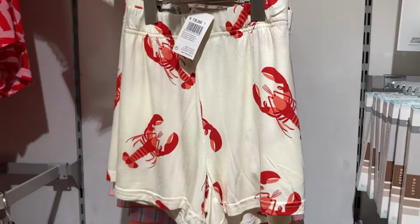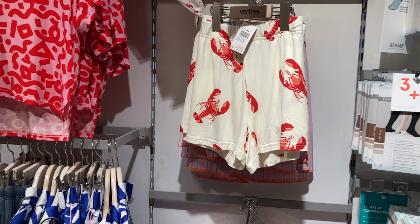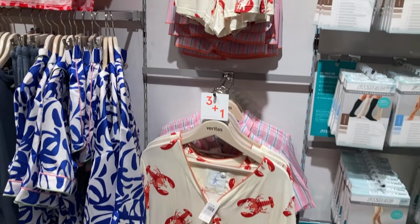I just wanted to show that I saw those super cute pyjama shorts with little lobsters on them. The top that was going along with them, I wasn't such a big fan of, and I was really tempted to get a pair of shorts, but at the same time, I don't really buy ready to wear anymore. Ethically, I'm not a big fan, etc. But those shorts were really soft, they were really cute,